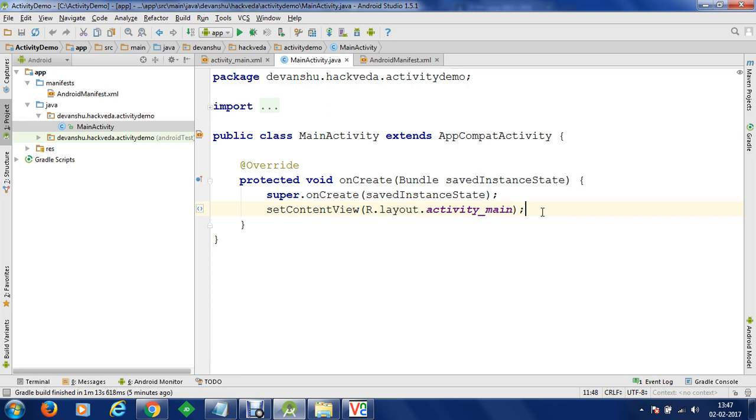Okay. So what am I going to do? I'm going to simply print a toast message so as to understand in which stage which method is being called. So I'm going to use a class known as toast. This toast class display a pop-up on our Android application. Okay. We can create the pop-up using a method known as makeText.